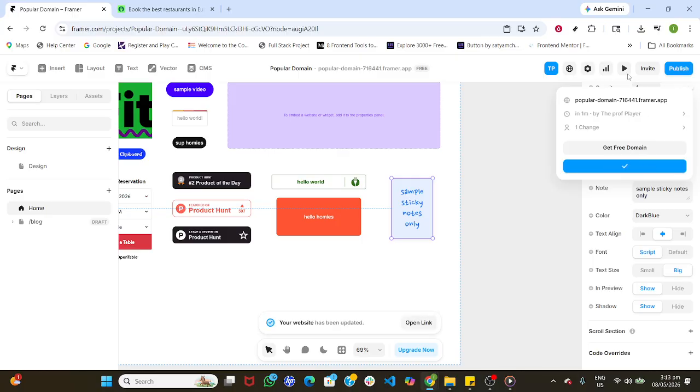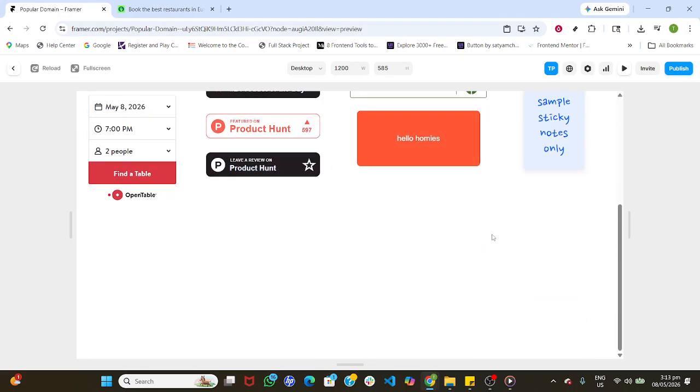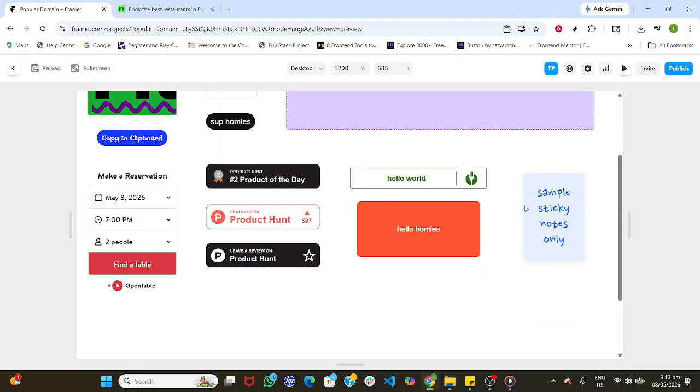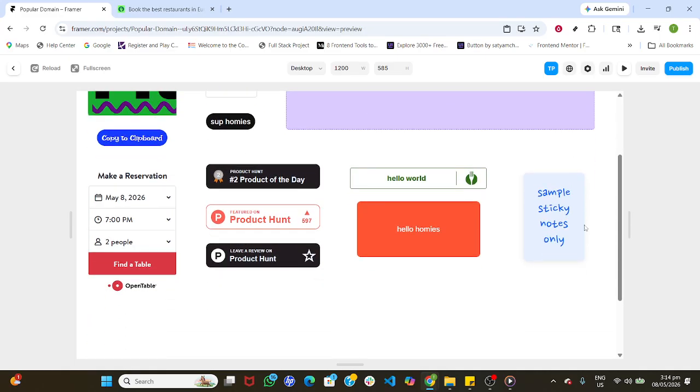Once you're happy with placement, color, and styling, it's time to publish. Click Publish in the top right corner. Framer will build and push your latest changes so you can see the sticky live and share it with others. If anything looks off after publishing, return to the canvas, tweak the